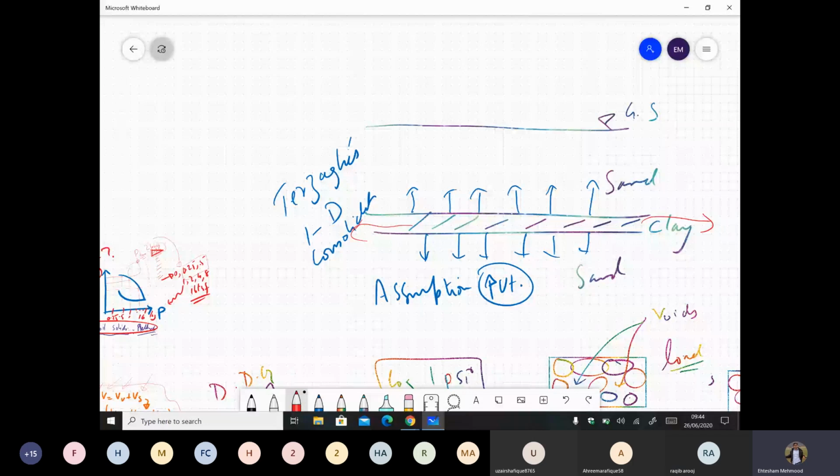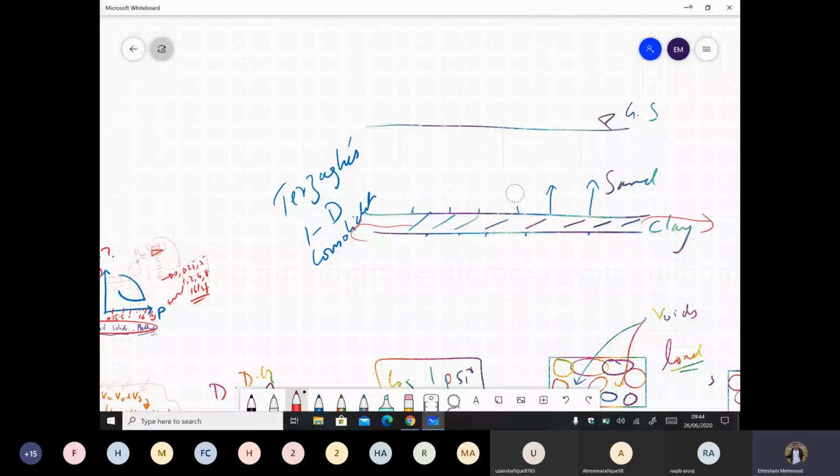Okay sir. Okay, let me further explain this in a minute. Can you see my screen? Can you see the whiteboard? Yes sir. All right. Let me remove the watermarks here.